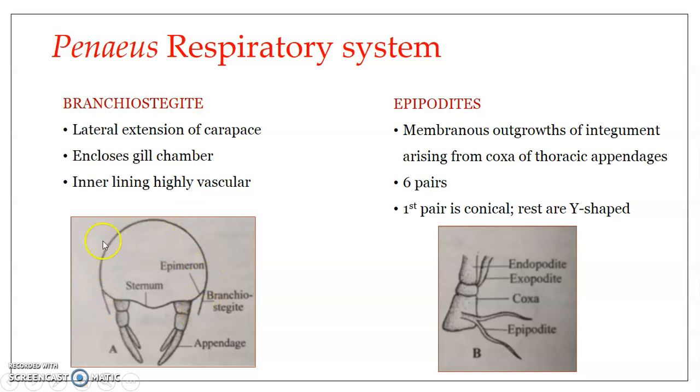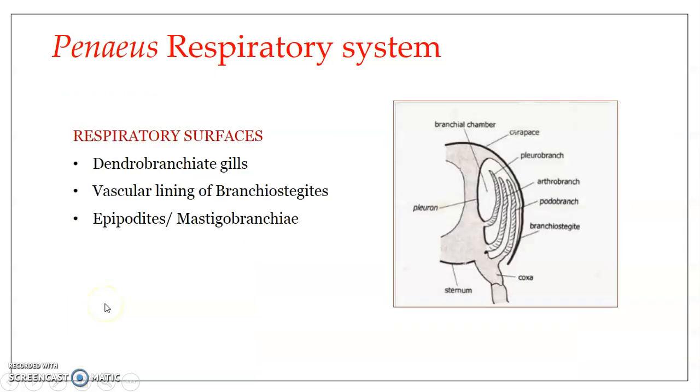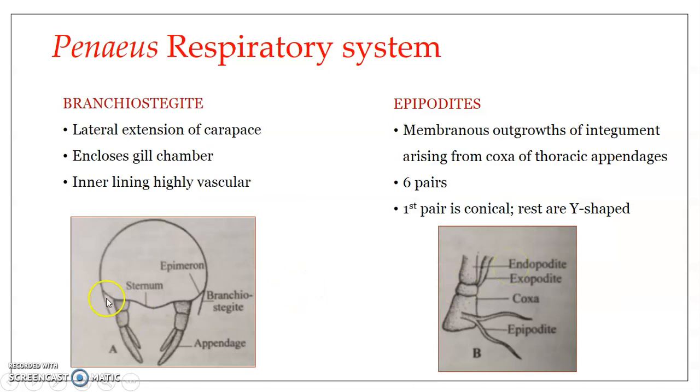It extends downward. The carapace, we are speaking about the cephalothoracic region. Okay, so the carapace extends downward, right? And the region between this extended lateral portion and the appendage, this part is known as the branchial chamber. I hope you got it. So this is actually the darker portion. It represents the carapace, which extends further downward along the body.